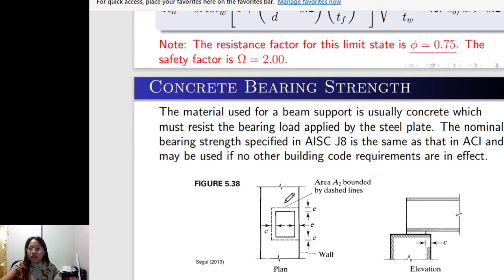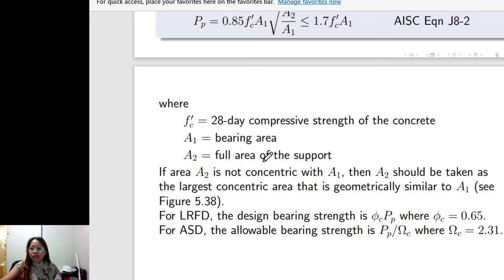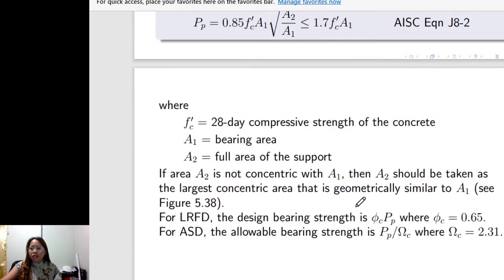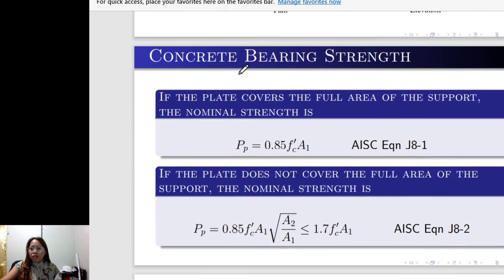This is the side view. This is the beam and the bearing plate. So A sub 2 is the full area of the support. So if the plate covers the full area of the support, the nominal strength is this one,